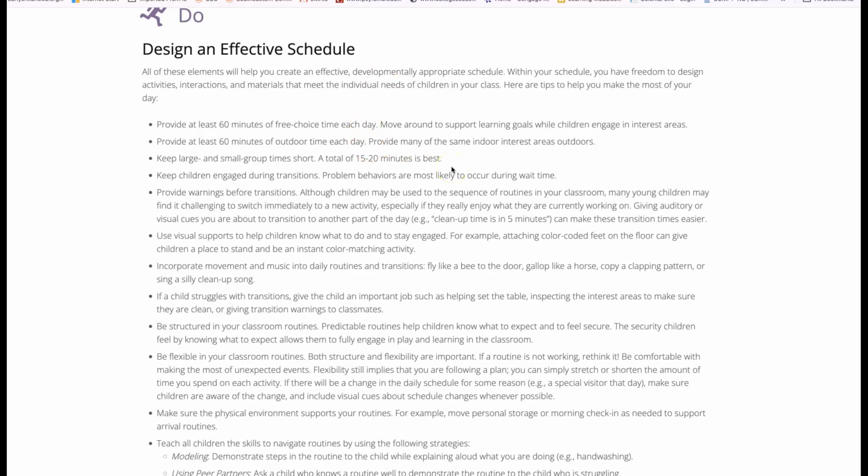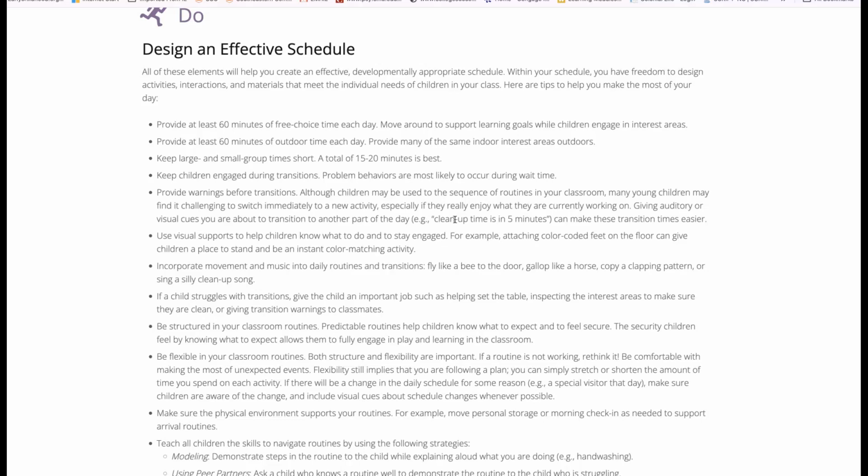So you want to make sure they have outside time. Here's what I was just saying. Keep large and small group time short. A total of 15 to 20 minutes is best. Now that is for preschool age. Again, under age 3, it's going to be a lot shorter.